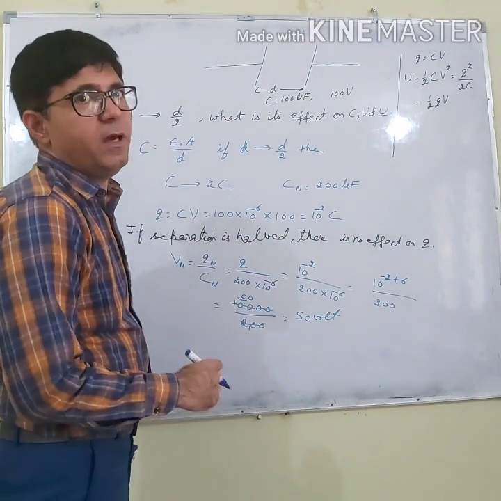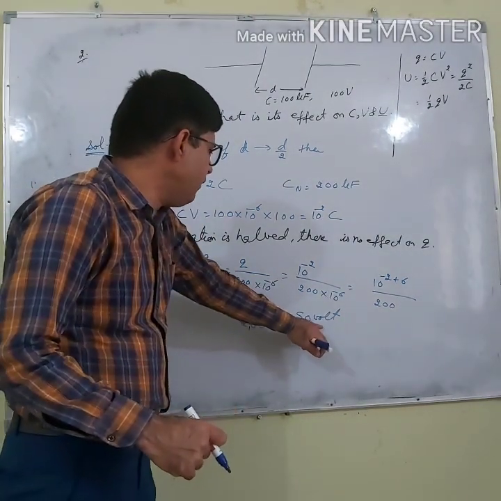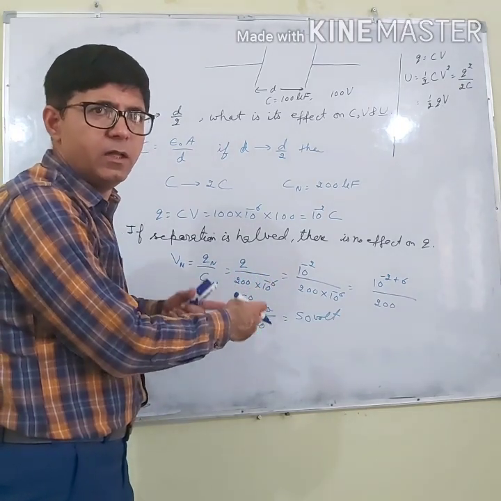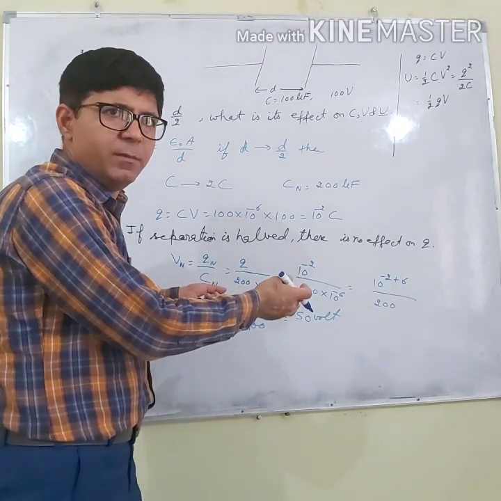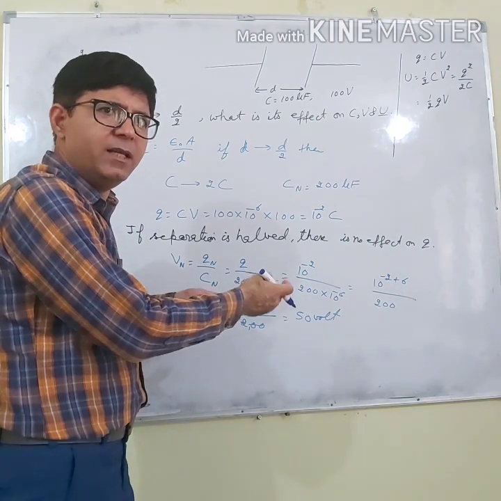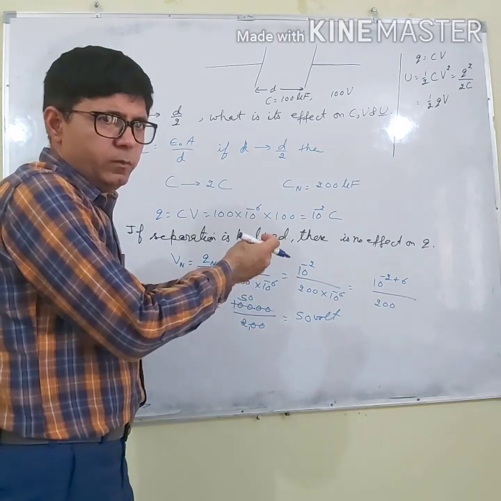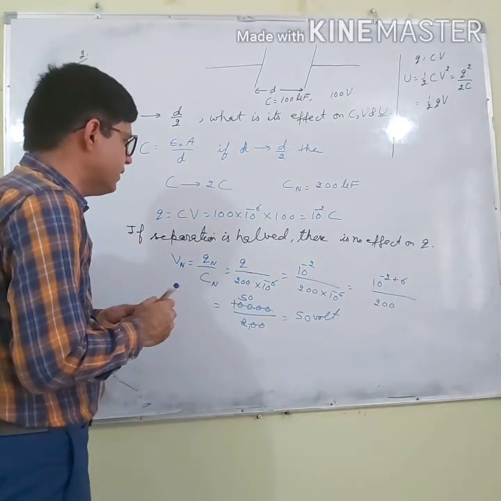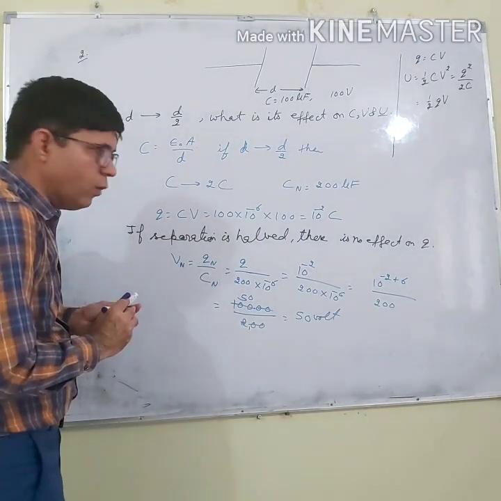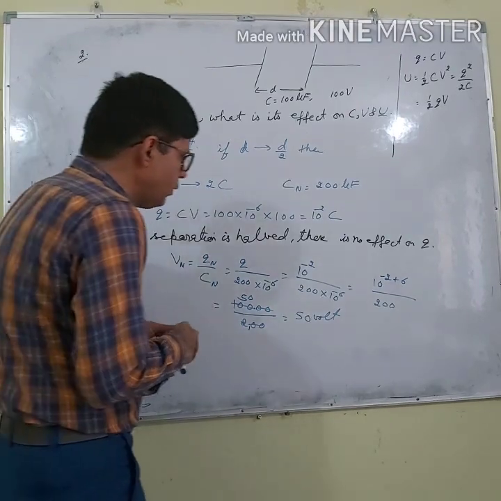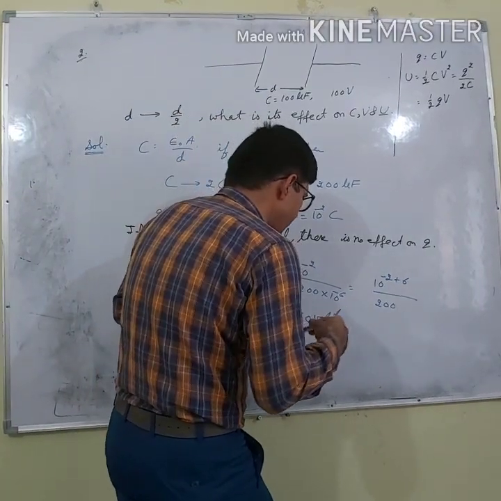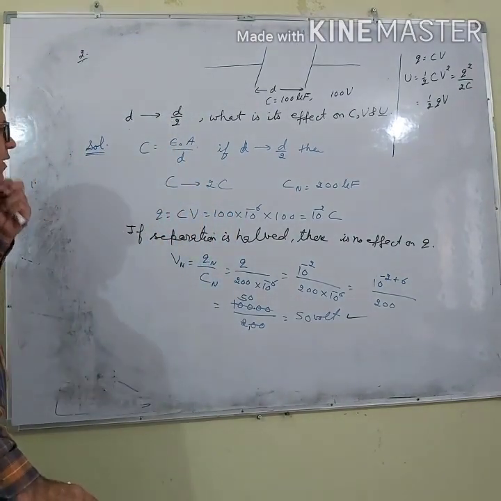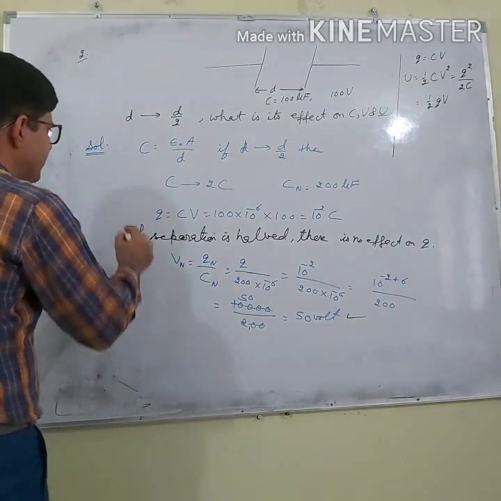If your concepts are strong, and all of a sudden a wrong answer is coming, you can immediately know that the answer is wrong and there might be some mistake in the calculation, and it is very easy to check where the mistake is in the calculations, and hence we can get good marks. So what will happen? The new potential will become 50 volt. What is its effect on potential energy?